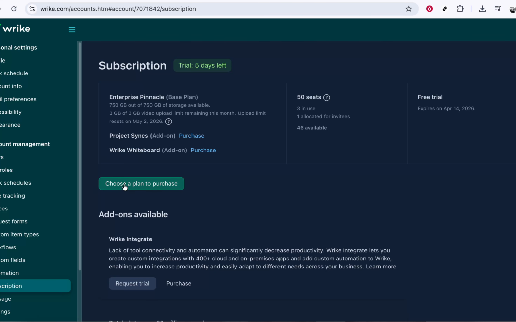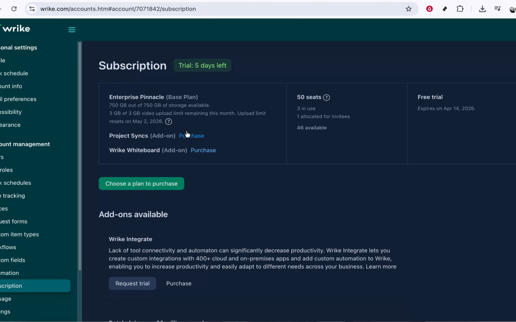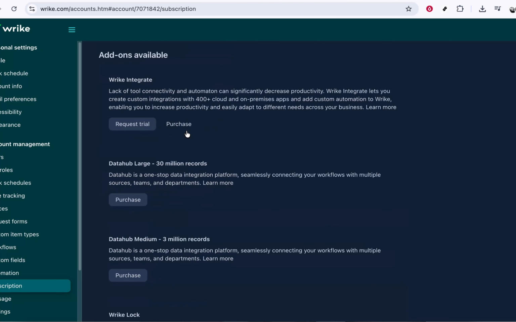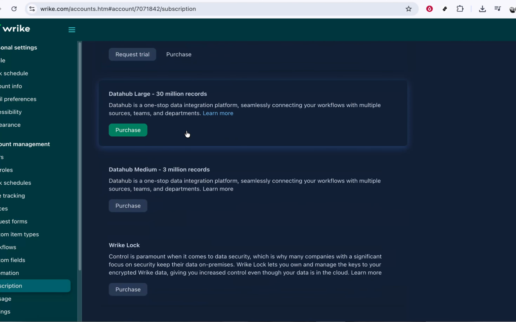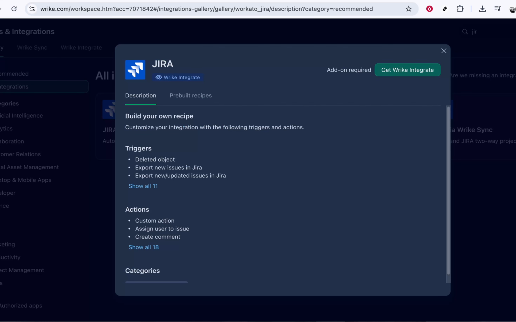From the search results, look for the option labeled Jira via Wrike Integrate. This is the official integration that connects Wrike with Jira using Wrike's integration platform. Click on Jira via Wrike Integrate to open its detailed page. Here, you would normally see more information about what the integration does, such as syncing tasks, issues, and other data